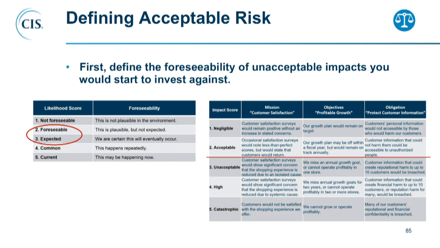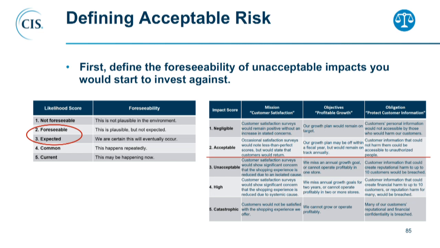Or would we be more comfortable to say we're going to invest against 3 expected, where we're certain this will eventually occur, that you have an unacceptable impact? These are discussions that you have to ask as an organization yourselves. Where are we comfortable? Some will say, can I try to see what 2 times 3 looks like at first, and as we review the risk assessment later and see how things fall out, see if we really would make those investments. That's okay to do, but just make sure that at the end you're using plain language, because you've